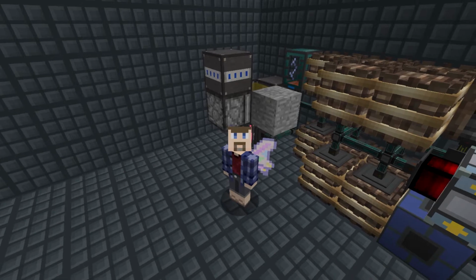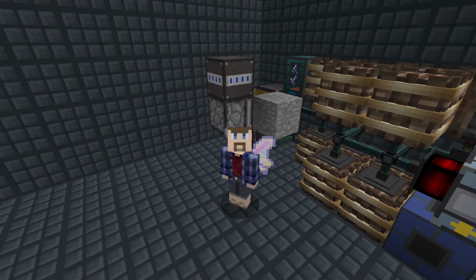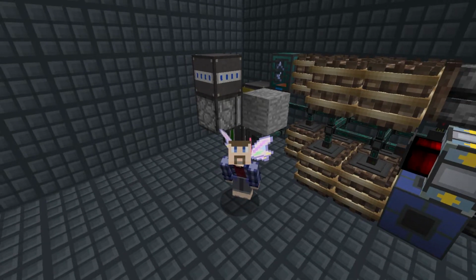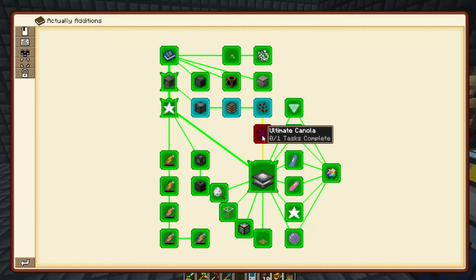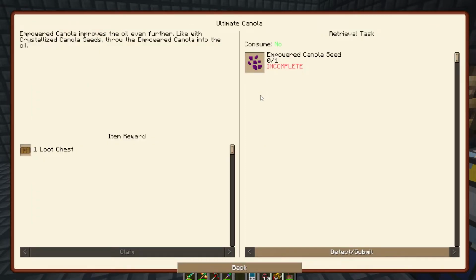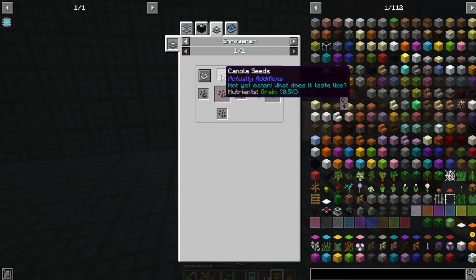I will provide a link to where I got this from, because where that piece of stone is where we're putting another scanner and another dropper to drop the next upgrade in on top of that. Because the very last step is the ultimate canola, the empowered canola seed, which I'm pretty sure you can get from the name. You get it by passing it through the empowerer, and it takes these crystallized seeds and uses